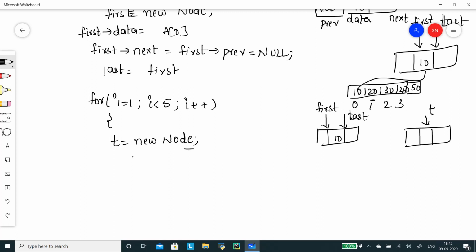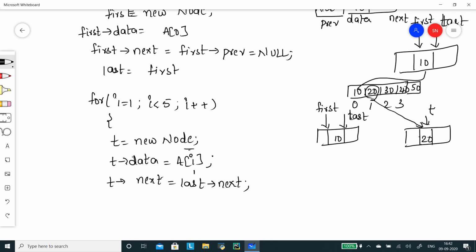Next, t->data equals A[i]. A[i] means initially the first value. What is the first value? 20. The 20 value has been taken into the data, so the data has been initialized as 20. Next, t->next equals last->next.